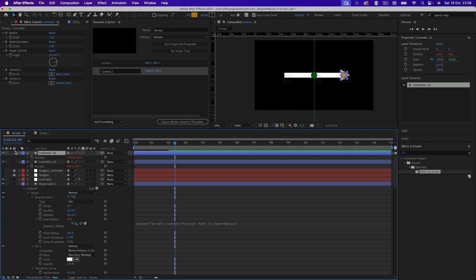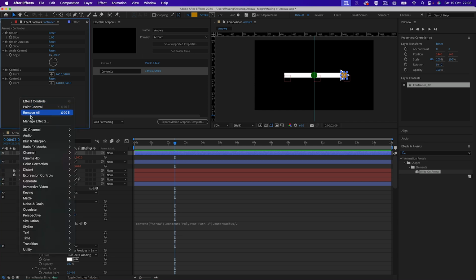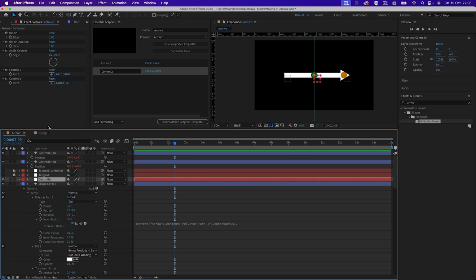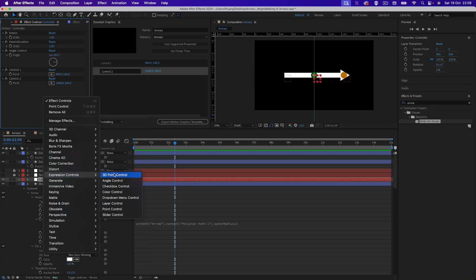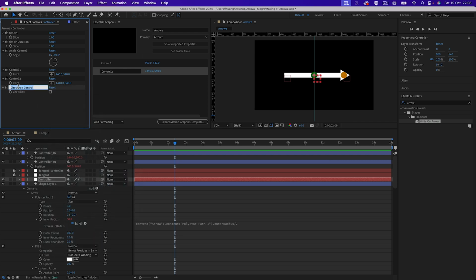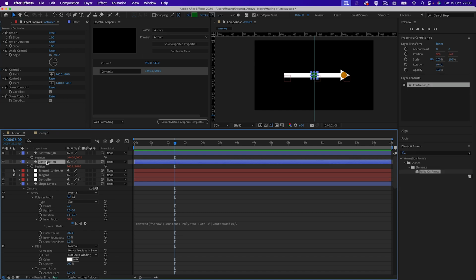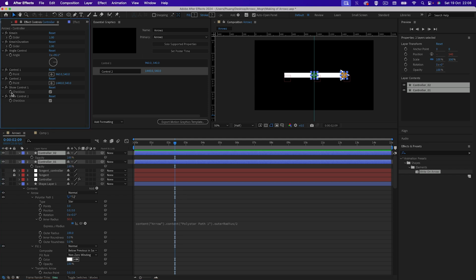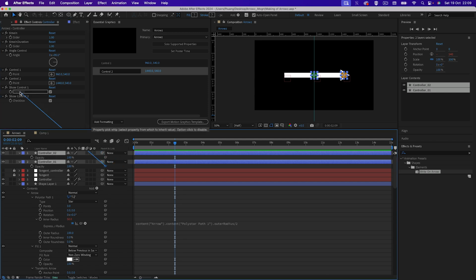What else do we want to control? We want to be able to toggle on and off those markers. So I'm gonna bring in, make sure to select the controller, I'm gonna bring in expression controls, checkbox control. I'm gonna call it show control 1. Duplicate that. Show control 2. Now, as they are showing, I'm gonna tick those two and press controller 1 and controller 2 and press T to load up the opacity. And with this opacity, I'm going to just pick with this checkbox,